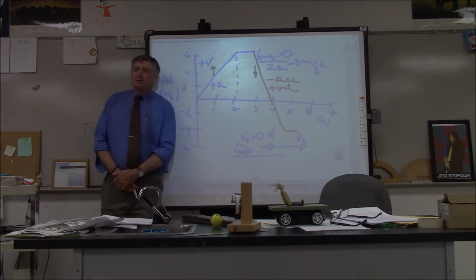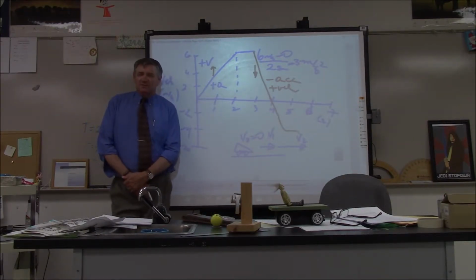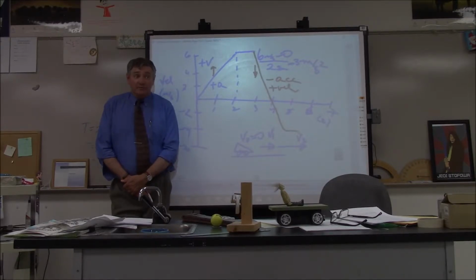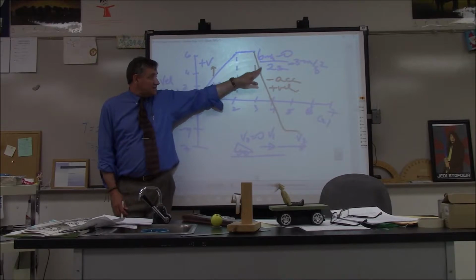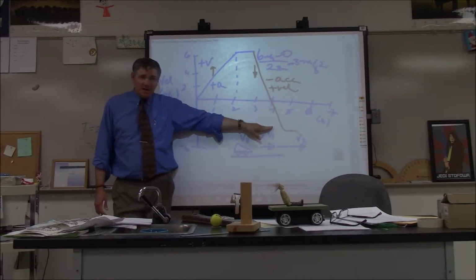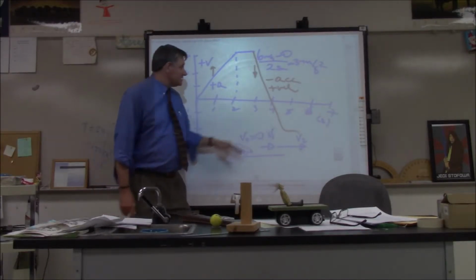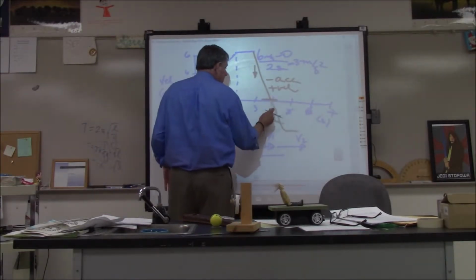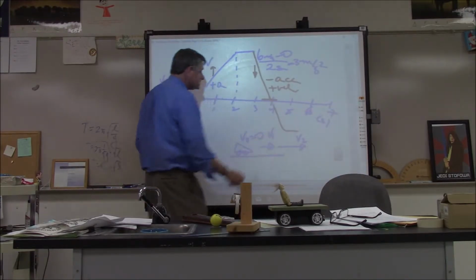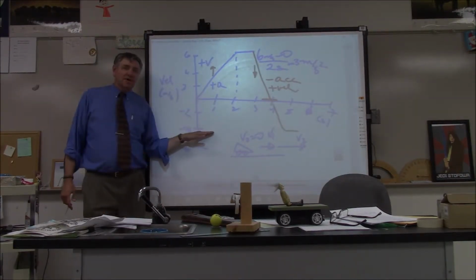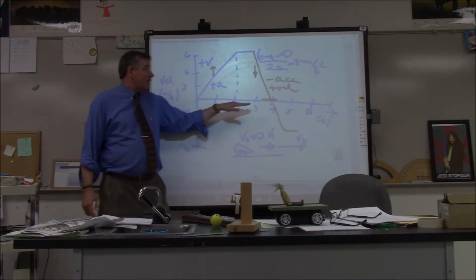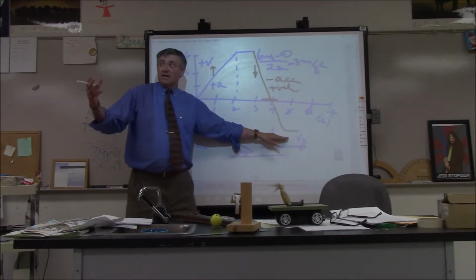There's a change in direction, maybe. How do you know there's a change in direction? Just there's a change in sign. Velocity changes sign, right? So, because it's the same slope, do I still have negative acceleration? Yeah. But that negative acceleration now, look at this. Here's 0. Now, once I cross this line, what's the sign of my velocity? Negative. But now I still have negative acceleration, and I'm going to...